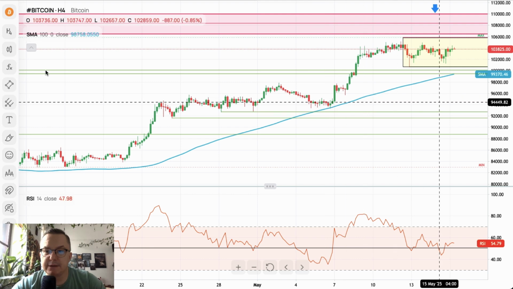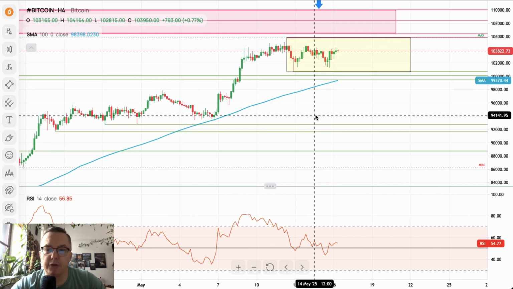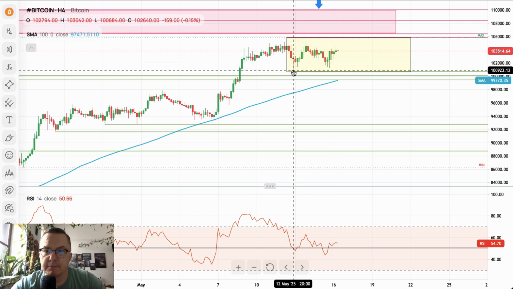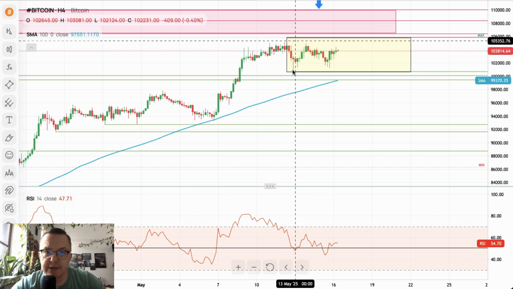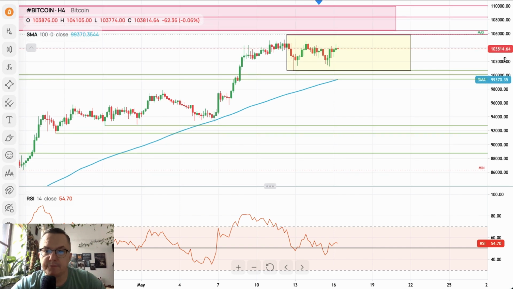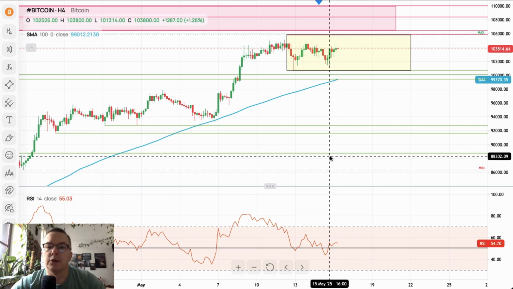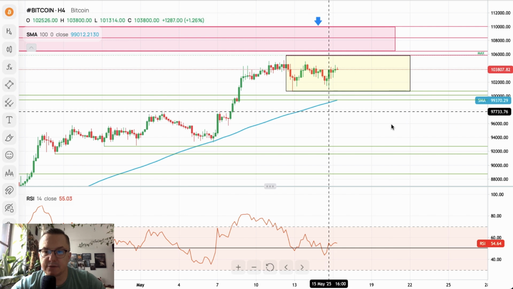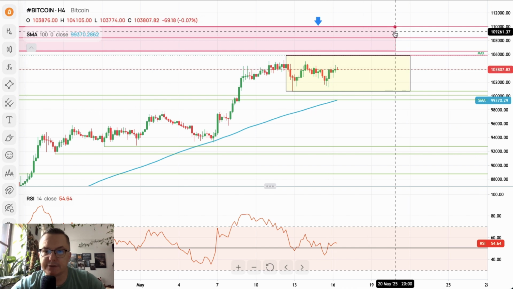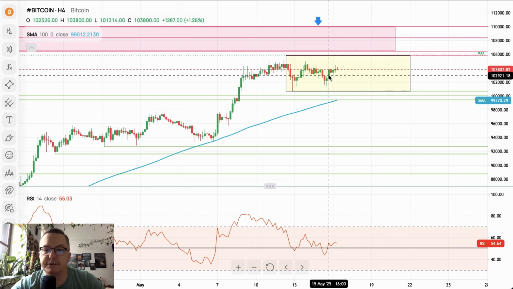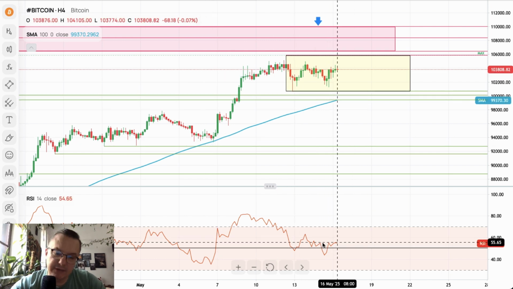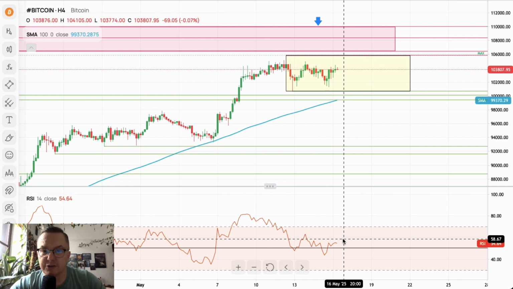And last but not least, Bitcoin still doing nothing, consolidating inside of this range since May 12, 2025, so it's 4 days long. Bitcoin is doing virtually nothing, bouncing around the level of 50 on the RSI, which means that we need to wait for the trigger to, of course, start some sort of movement in the Bitcoin sooner or later. So the current situation on the Bitcoin is still bullish. We are still above the 100 periods moving average. The momentum is, even now, quite positive, but it's not strong whatsoever.